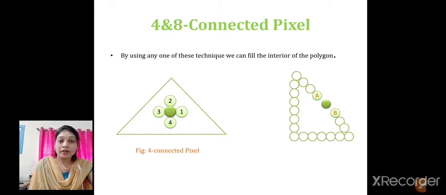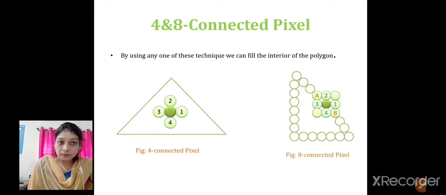So this is the benefit of 8 connected pixels, that we can cover diagonal pixels like A and B, which you can see in this diagram. With that, we can have the other pixels like 4 connected pixels, meaning we can cover A and B also, and we can cover these 4 connected pixels, and the remaining pixels we are not going to cover. In this way we can fill the polygon and we can fill the diagonal of those edges. So this is the benefit of 8 connected pixels.